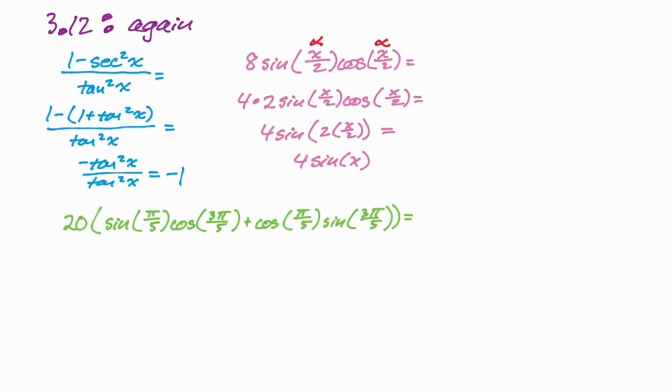Ignore the 20 for a second. You just see sine cosine plus cosine sine. In your mind, that's sine of alpha plus beta, or a plus b. I actually think of them as a and b, not alpha and beta. The plus means you're adding them together, so we add them together. We get this. There's nothing more you can do with it,